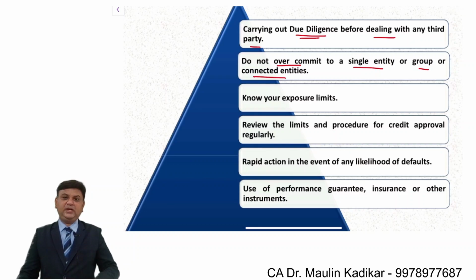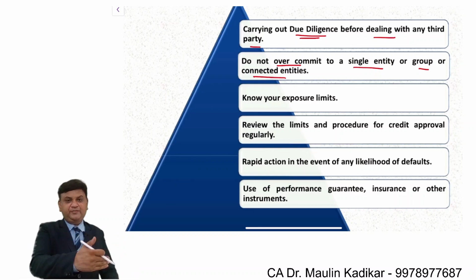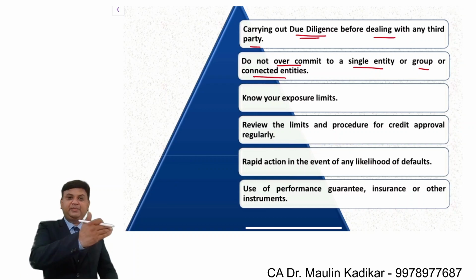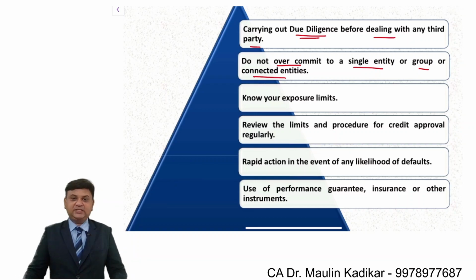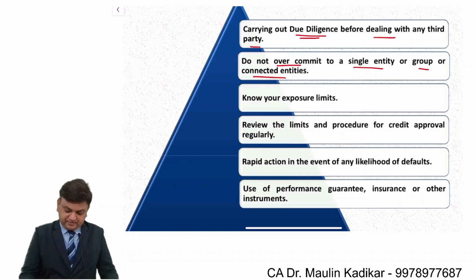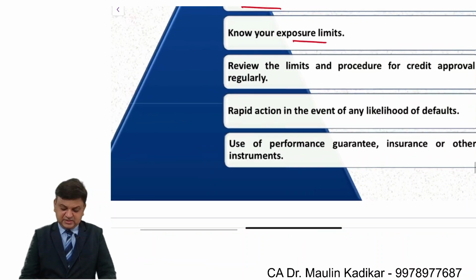Do not overcommit to a single entity or group or connected entities. So importantly, we understand that as a bank, if I am giving a huge amount of loan to a specific group of companies, then the performance of that group of companies will be very important for your survival. That is the reason you should not overcommit to a single entity. You should know your exposure limits, and review the limits and the procedure for credit approval